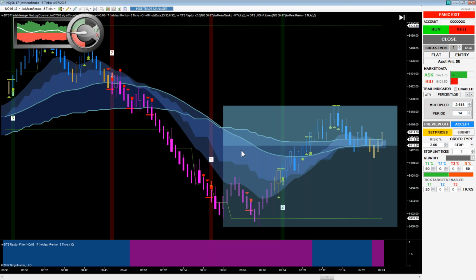And likewise, a lot of the buying is going to occur down here in the bottom quarter, bottom third. Now, for that reason, what a lot of traders like to do is they like to get in here